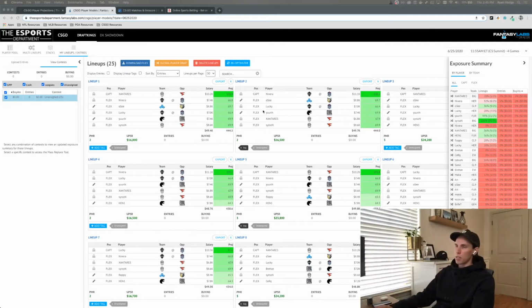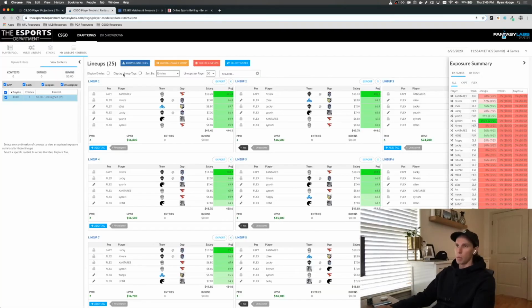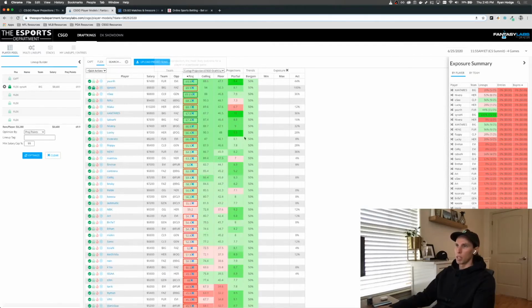Okay. So now that we've got a decent idea, or a foundation, of just how to use the optimizer and its very elementary workings in regards to where to begin, I think it's super important to identify a player pool. The first way that I do that is honestly just by looking at our projections. So I have them uploaded into Labs, so I can just stay right here within Labs, and I will just start taking a peek. A lot of this stuff too just comes naturally from watching the games or just being involved in Counter Strike and really knowing what's going on. But you can see